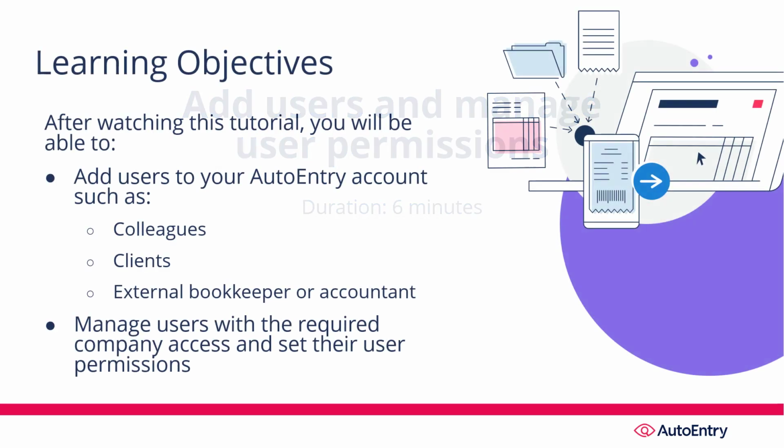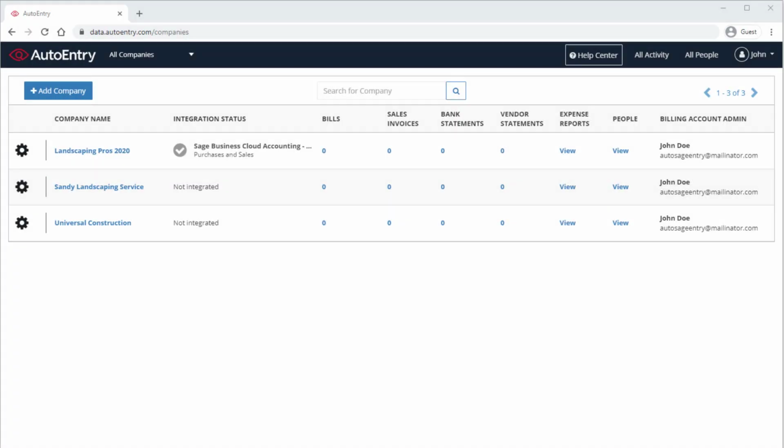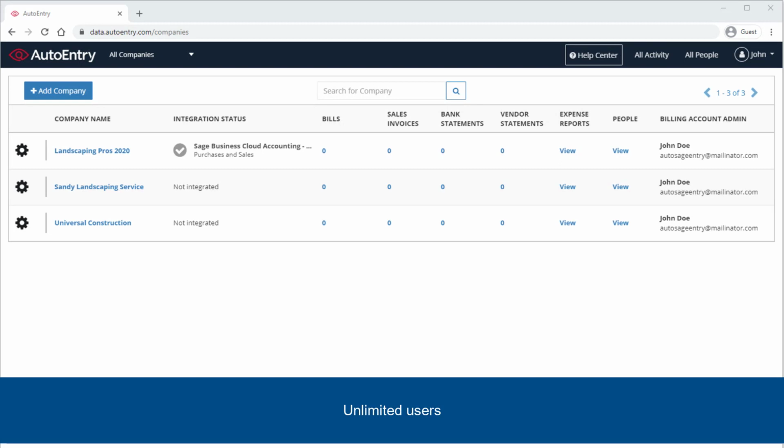In this tutorial, you will learn how to add users to your AutoEntry account, such as colleagues, clients, an external bookkeeper or accountant, and also learn how to manage these users by providing them access to the required companies and their user permissions. The great news is that you can add an unlimited number of users to your account without